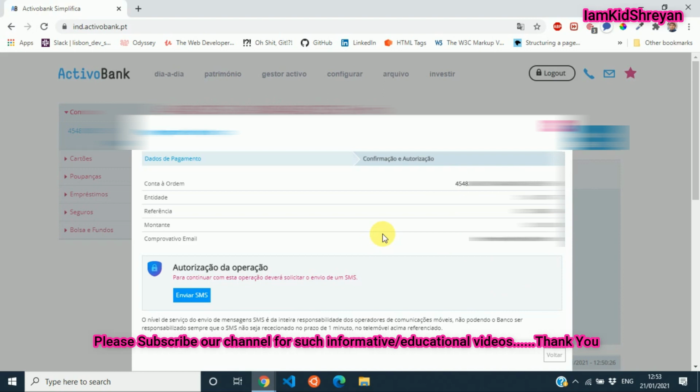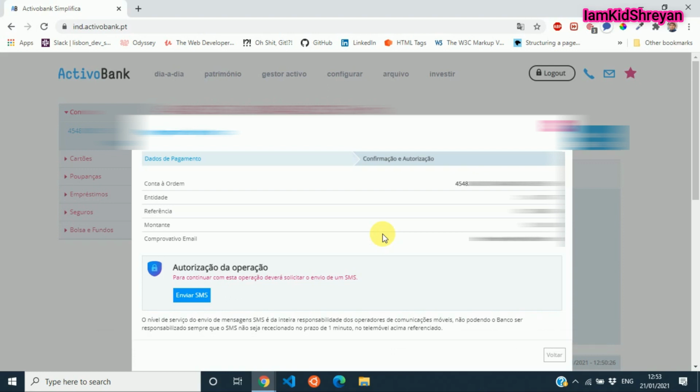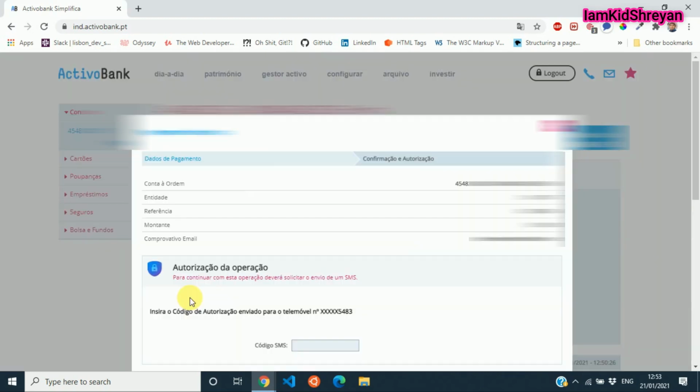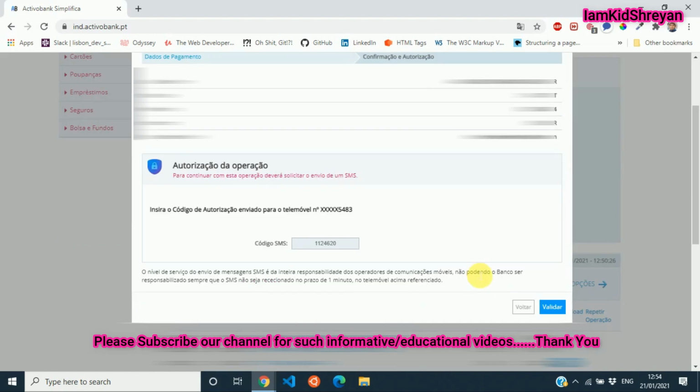Then you have to click on this, enviar SMS. Then you will get a code on your mobile phone. You have to go to your mobile and see the code. Then you copy that code from your mobile phone, paste it here and click on continuar.